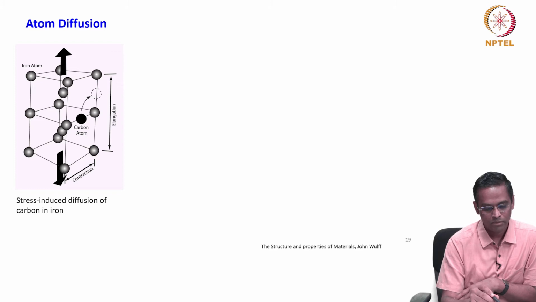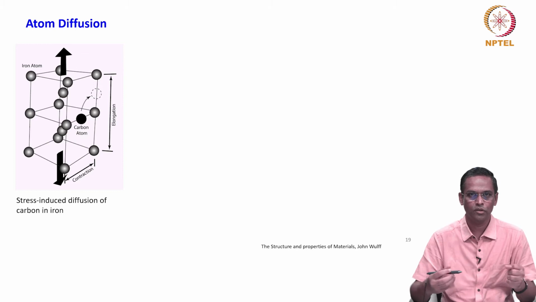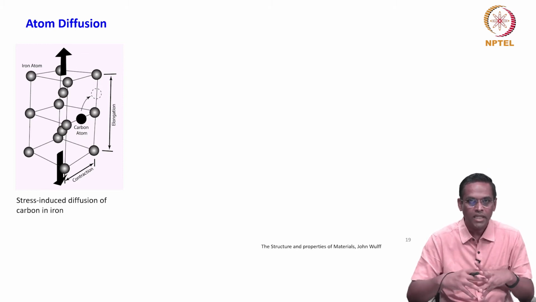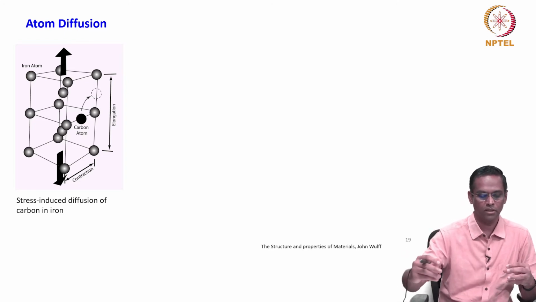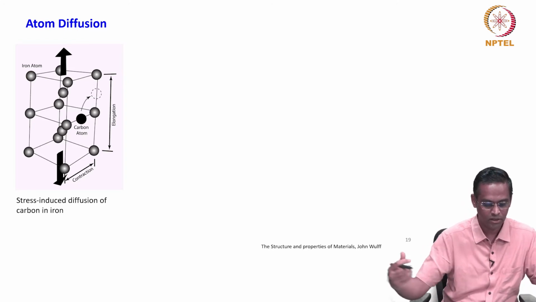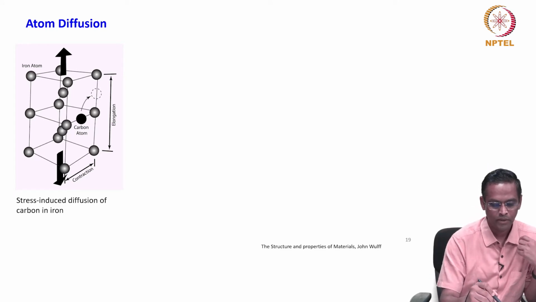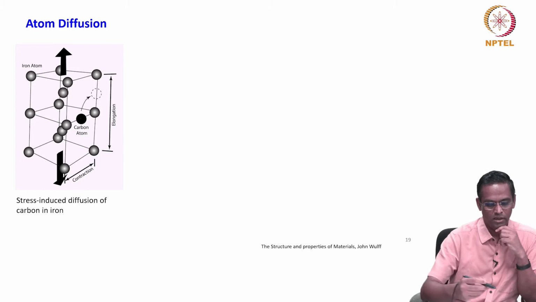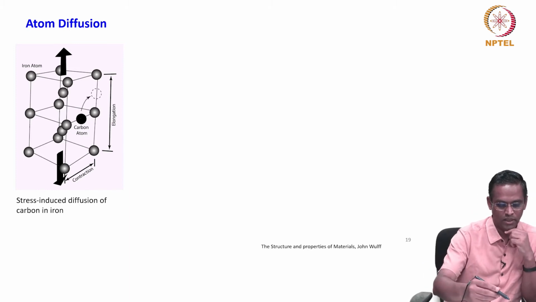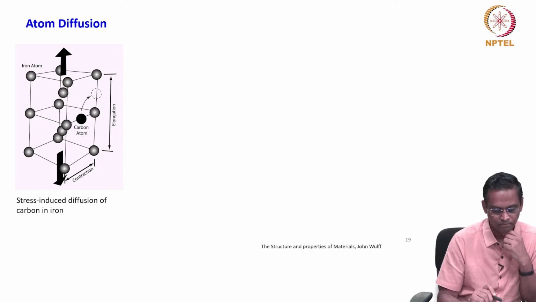So, what will happen to the atom sitting here? It will also be subjected to some constraint. So, it will try to escape from the constraint or relax to a very comfortable position, wherever this is pushing from. So, this is getting elongated. There is one possibility that this carbon atom can jump from this position to this position when we stretch it in an axis perpendicular to this.